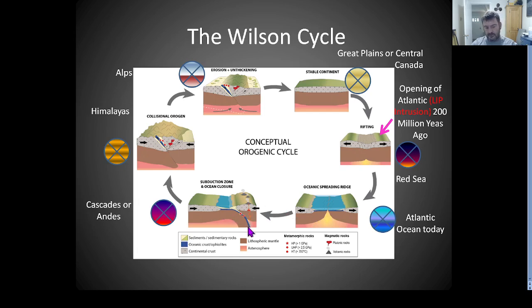One piece will go under one side of the continent. It will drag all the crust over, and eventually this side here, which is now here, gets pulled over and slammed into this offshore island, this island arc that forms along this side. And this would be something like, really where we see this today